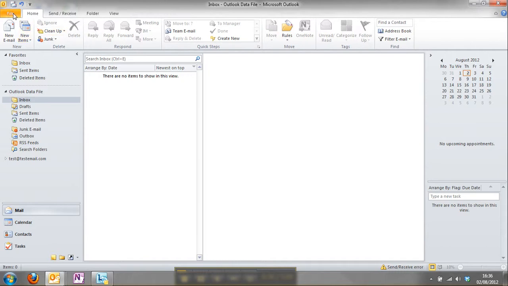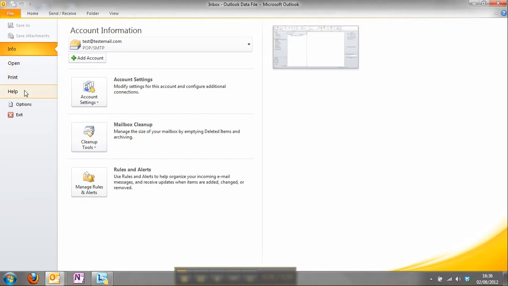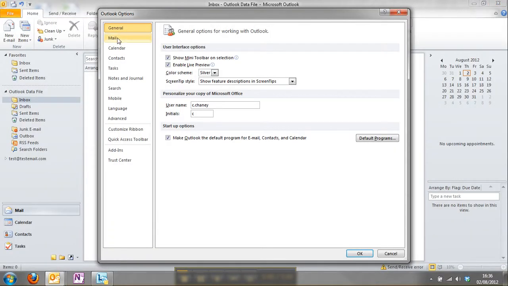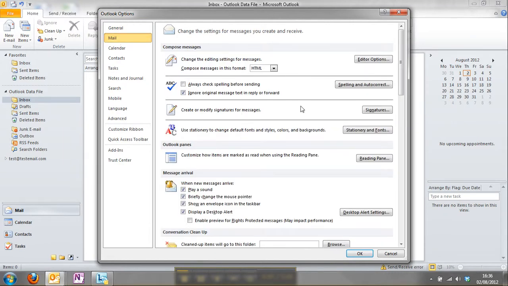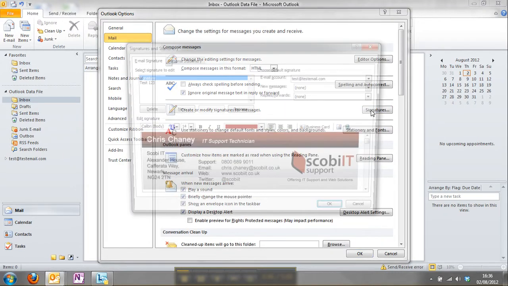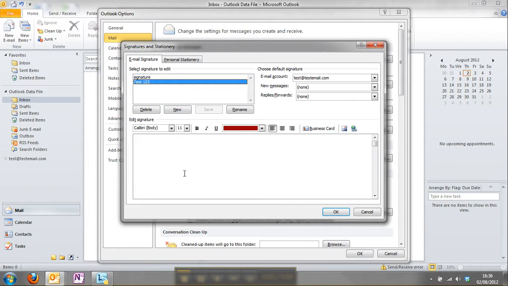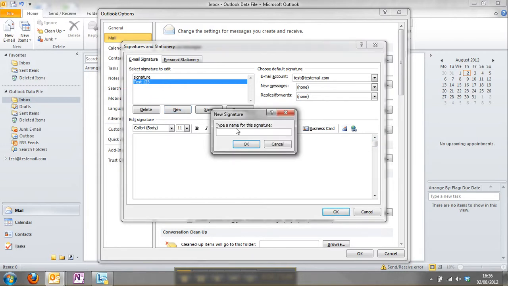So what you need to do is start by clicking on File up in the top left hand corner, and then by clicking on Options, and then again on Mail, and then there's a button which says Signatures. As you can see, I've got a couple already, and you can toggle between them so you can see what's on which one. But we'll start by creating a new one, and you can type a name for it,